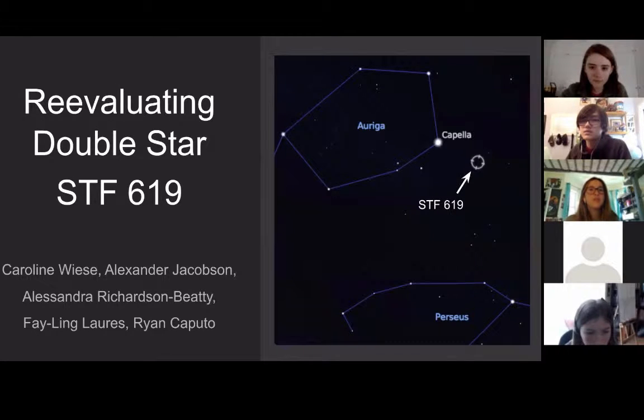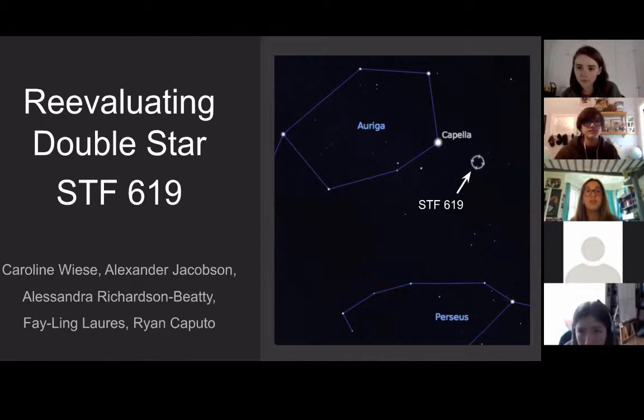When we began our research, the European Space Agency had less than a year ago released unprecedentedly accurate proper motion and parallax data that came from their Gaia satellite. So our goal was to analyze a double star system that was classified as a physical, gravitationally bound system, and use this new data to reevaluate that classification and perhaps show that these supposedly gravitationally bound stars are actually gravitationally